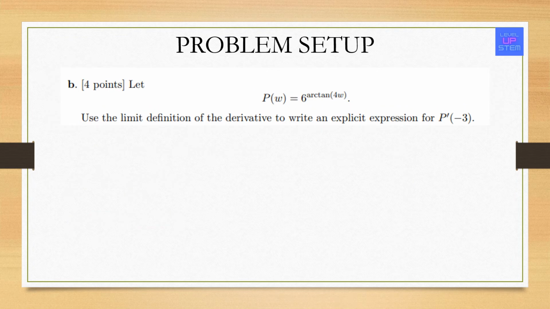For our second problem, we are using this equation, and we're using the limit definition of the derivative to write an explicit expression for p prime of -3. So this is asking for almost like a straight up expression limit we can take to find the number value of this